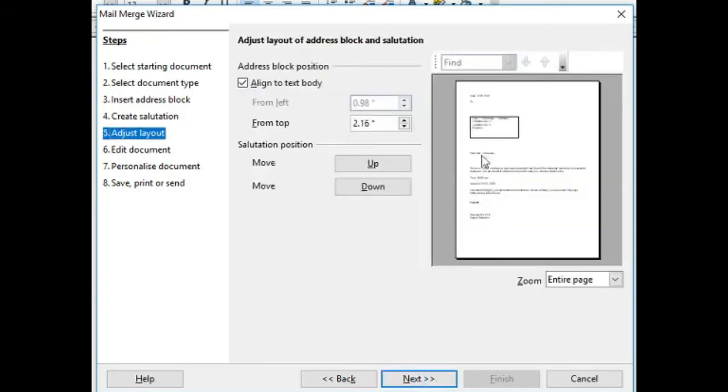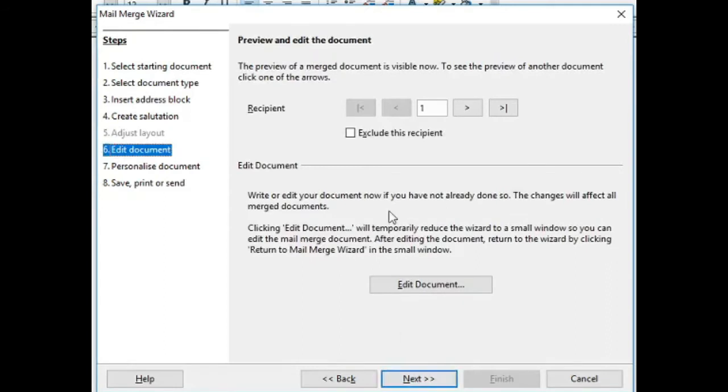Next, this shows me where you want your address to come. Whichever position you want, you can just shift it, but it is okay, giving me the right preview. Next. Now you can see all your recipients are coming here, all the 5 records. Suppose I don't want to merge the address of the 5th record in my main document, I'll check this box, but for the time being I want all, so I uncheck this.